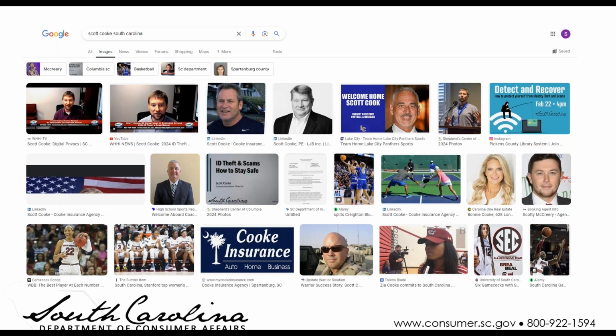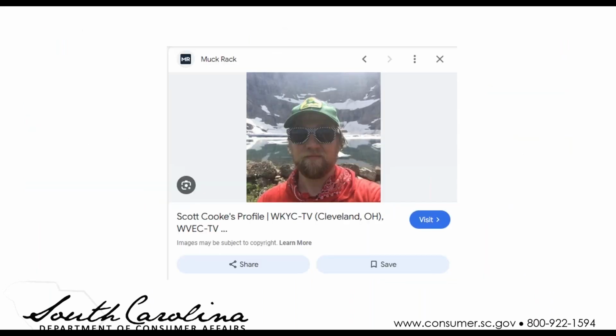Of course, just putting the phrase South Carolina in there, you get a lot of basketball and athletic stories tied with the university that aren't necessarily me, but it's just a quick summary of some of the things that might show up when you're searching your own name. Realizing what's out there about you may be a good idea, especially if you're looking for a job or something like that.